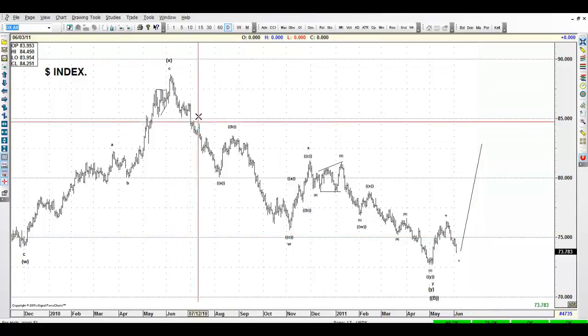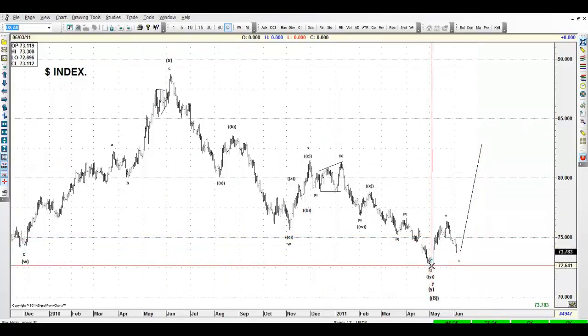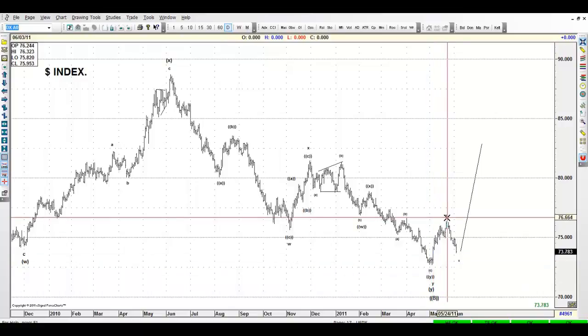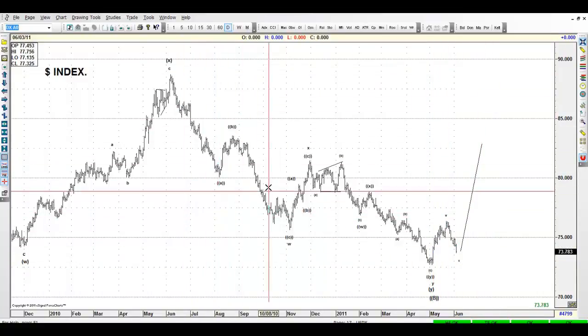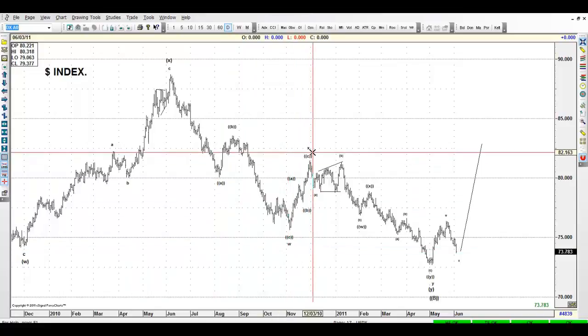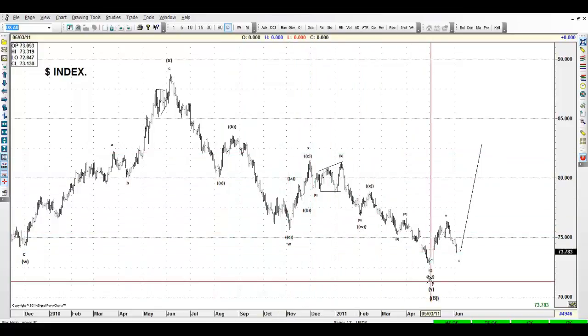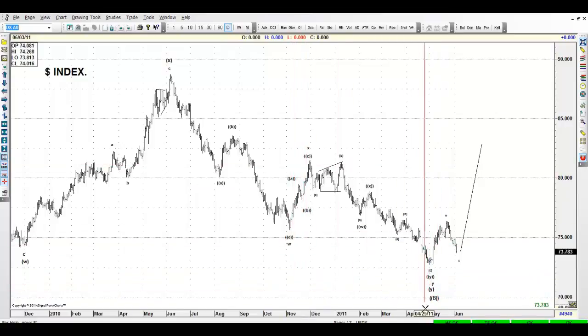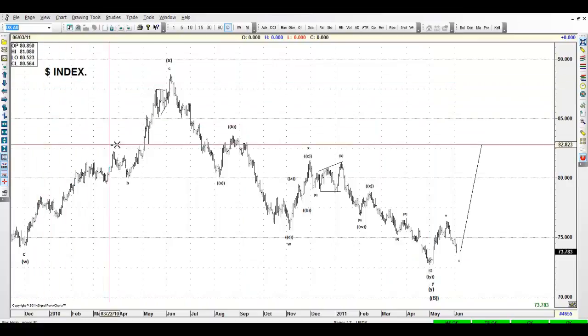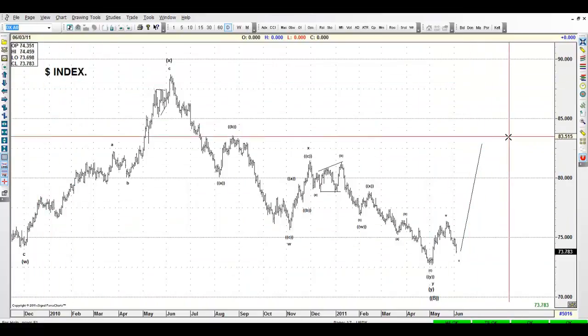Now, this is the bullish count, when this is the bottom and the market is going to go higher. So we're labeling it like A, B, C, W, X, W, X, Y. This is Y, when we get W, X, Y, and this is the end of a zigzag that comes out for higher price, and the market is going to go higher.